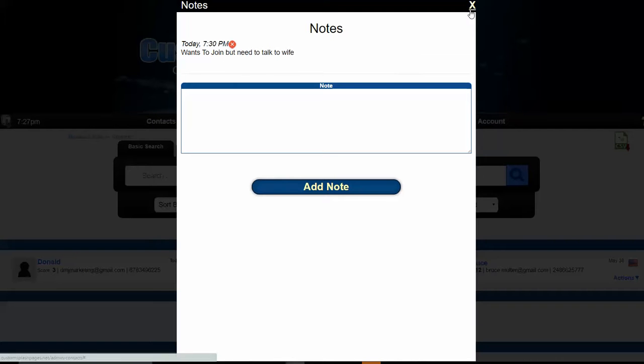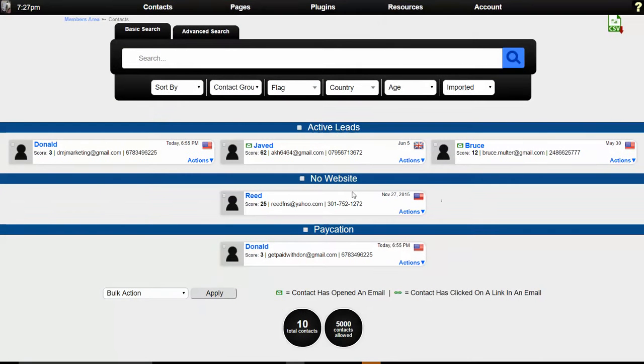So once you have hundreds of leads back here, you can easily still see the conversation that you've actually had with them with the contact manager by leaving notes. Now you can also set appointments using the calendar. So if a person wants you to contact them back, instead of just using pen and paper,